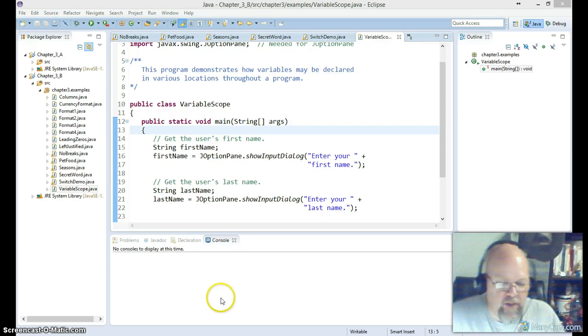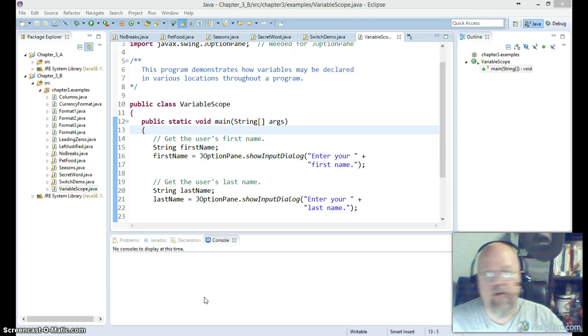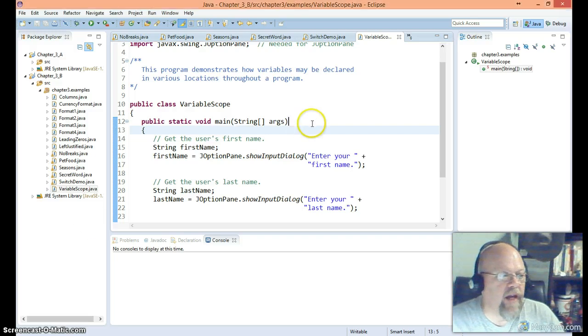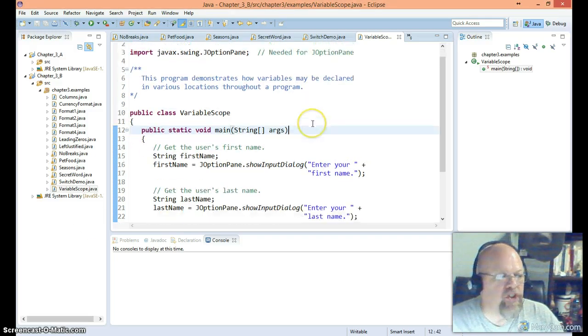And chapter 3, starting with 3.7, starts talking about variables and declaration, and basically how long does a variable live. Okay, and you realize a variable has a life and a death. It's created, so it's born, it lives, and at some point it dies. Well, if we come over here and take a look at the variable scope